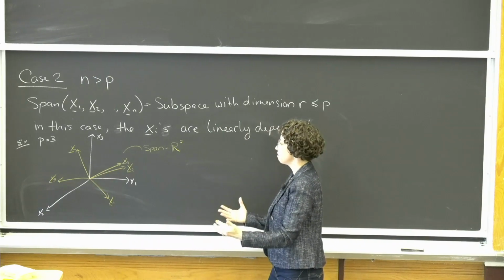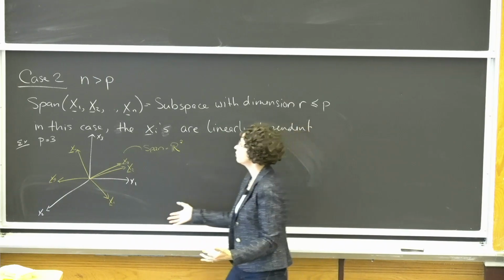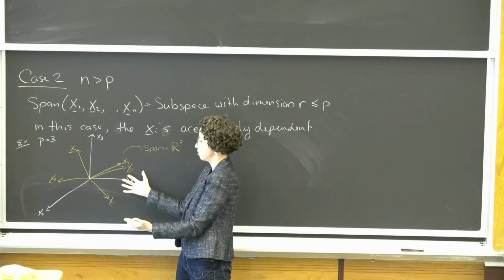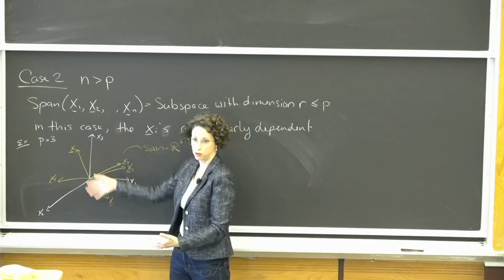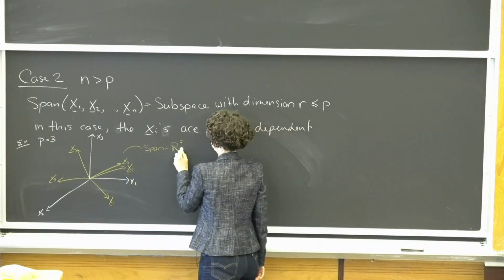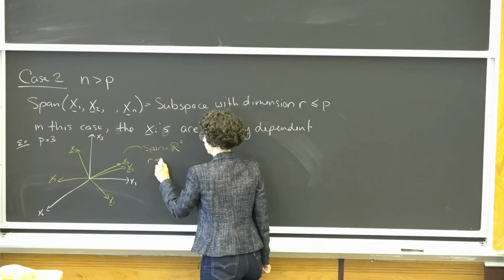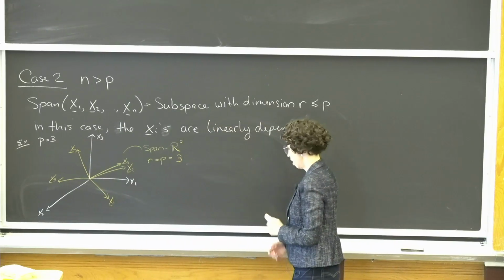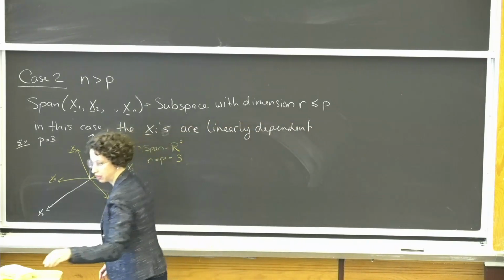But the biggest the dimension of the subspace can be is this ambient dimension P. We can't have a higher dimensional subspace than the space that we're originally in. So in this case, R is equal to P is equal to 3. But another example that we could consider